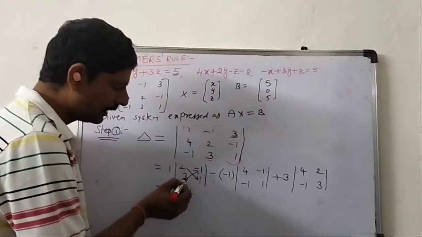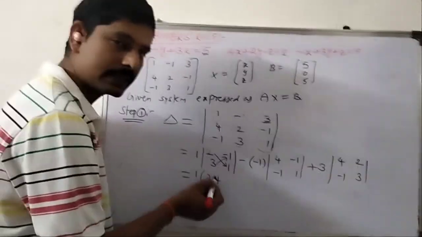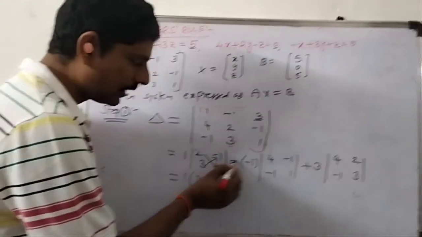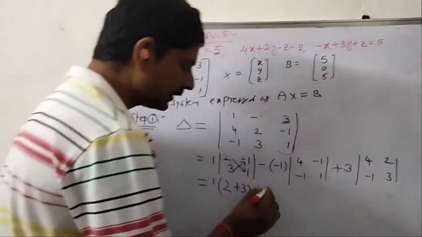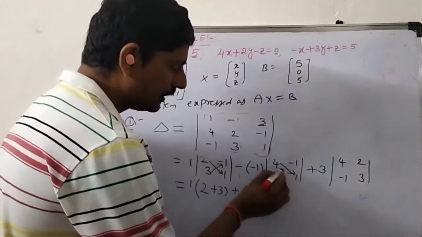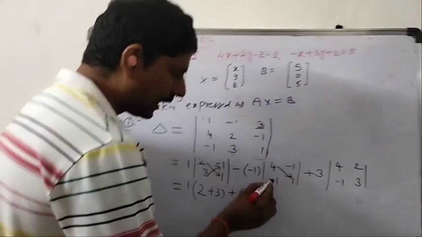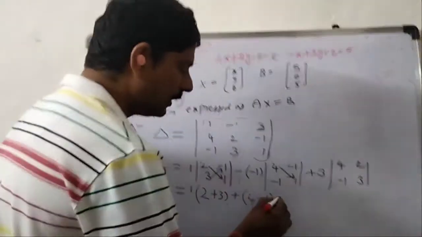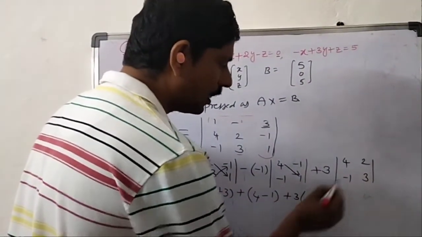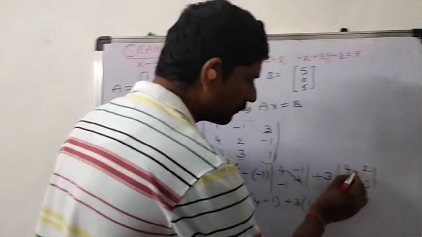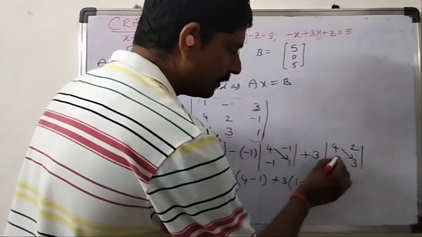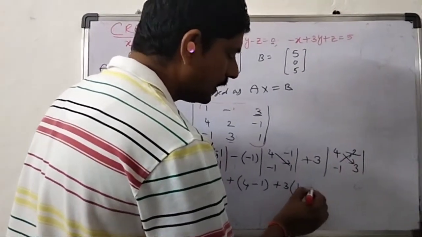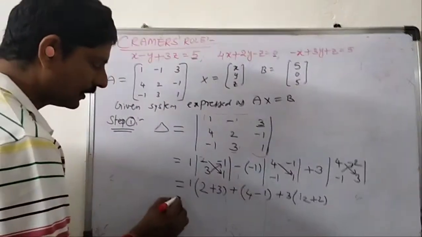Minus into minus is plus. Here 3 into minus 1, and in the formula there is a minus. We have minus, so minus into minus is plus 3. And here also minus into minus is plus. And this side 4 into 1 is 4, and minus of minus into minus is plus 1, that is minus 1 plus 3 of 4, 3 fours are 12. From this side to this side 4 into 3 is 12, and from this side to this side minus of minus 1 into 2 is minus 2, so minus into minus is plus 2. Okay, did you understand?